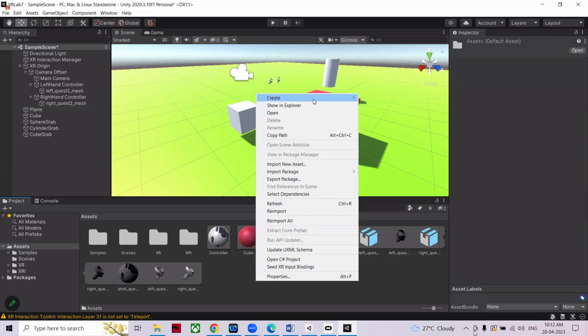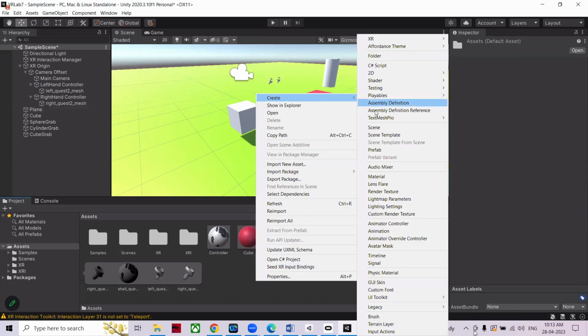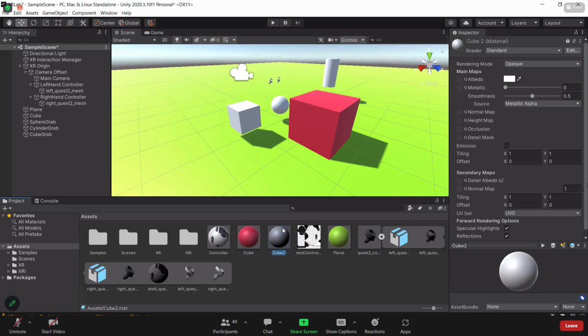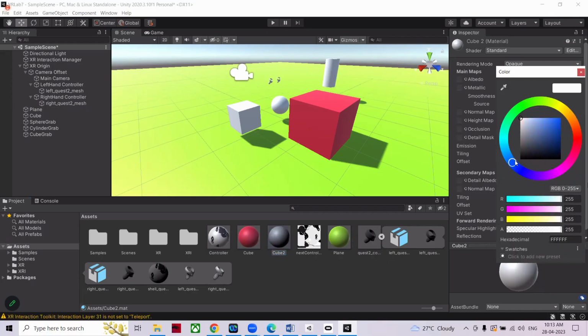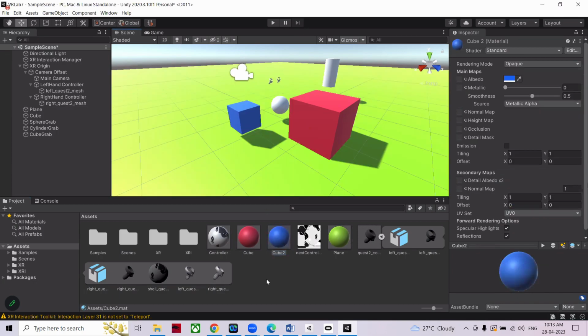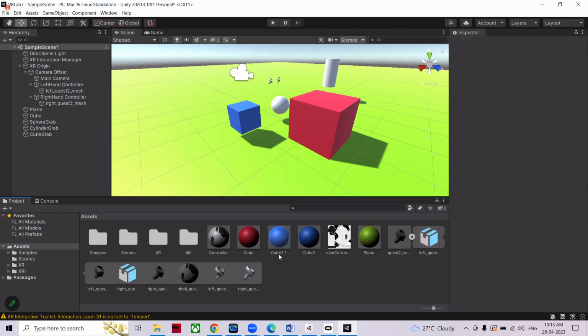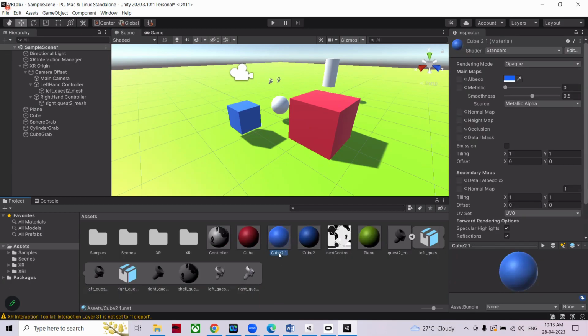Right click and create new materials for these. Let's say I have a cube 2. For this cube 2, pick any color that you want. Let's say I take a blue color. Apply this blue color to the cube. I have just duplicated the material. Right click and